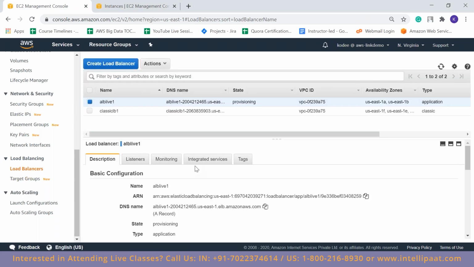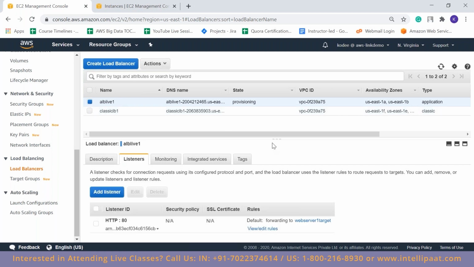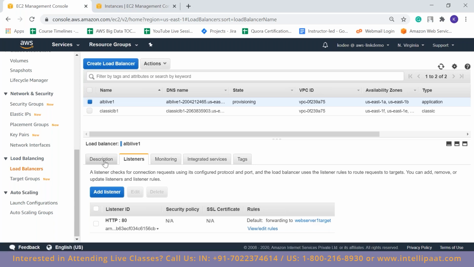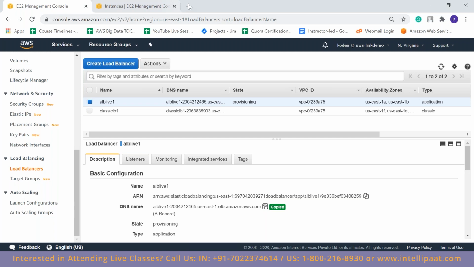So now one target group has been perfectly associated with the application load balancer. So here you can see there is a listener forwarding the traffic to web server 1 target, and you know which instance this particular target group is associating with. It is web server 1. So now if I type in the DNS name over here, it should take me to web server 1.